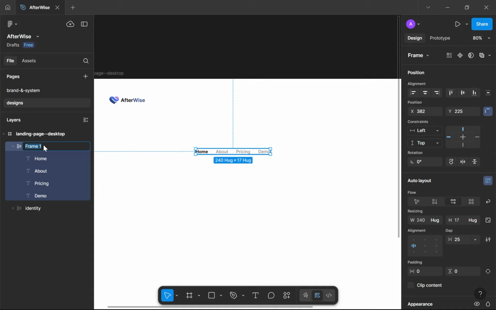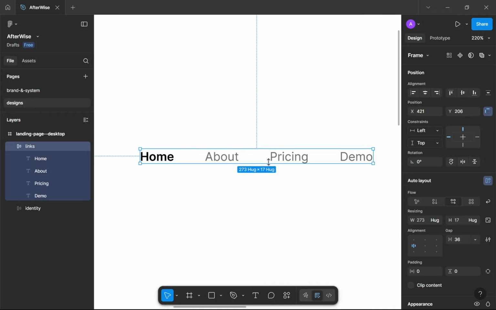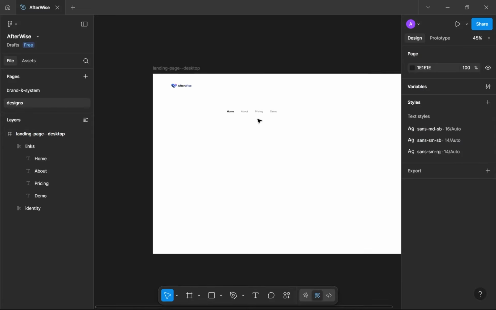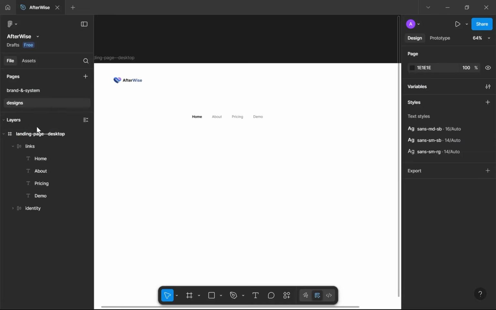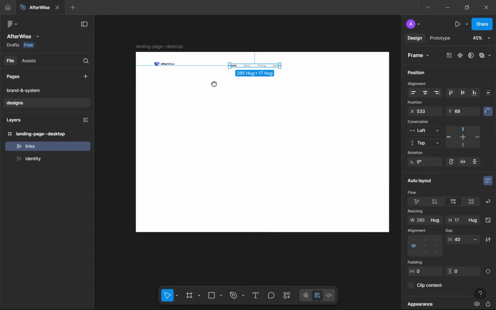For example, here we want the user to know that they're currently on the home page. So the selected and the current page would be of a higher level of visual hierarchy. So we're going to make it full black. We're going to call this links or nav links. 36 pixel gap here. Just make sure that there is enough gap in between them. We can actually go around 40, which is fine. So now we have the links, we have the identity, and finally we need